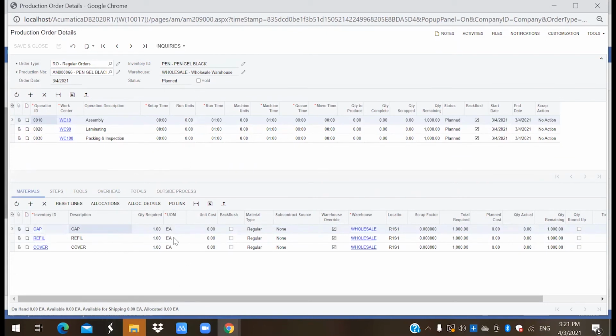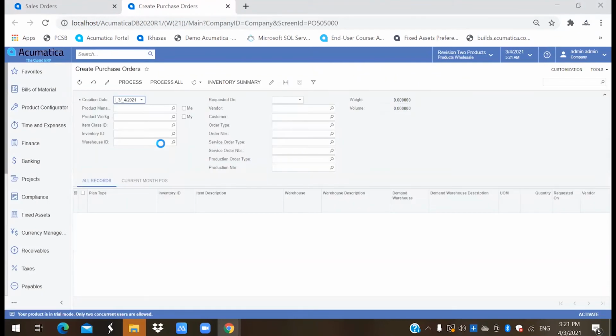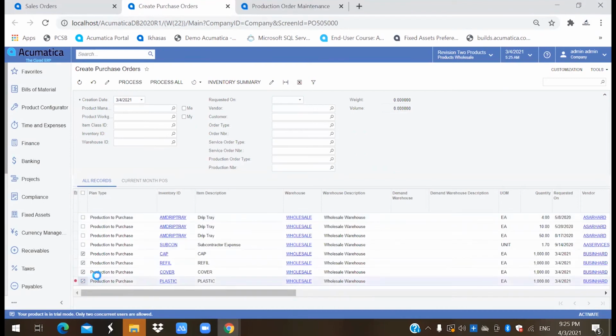In order to procure these items, we can simply create a purchase order from this screen. So these are the items which we need to purchase in order to fulfill our production.